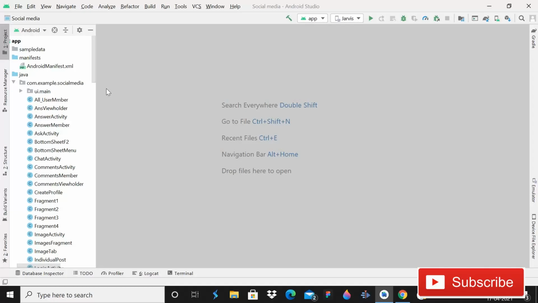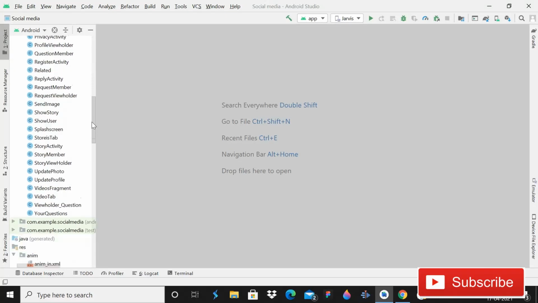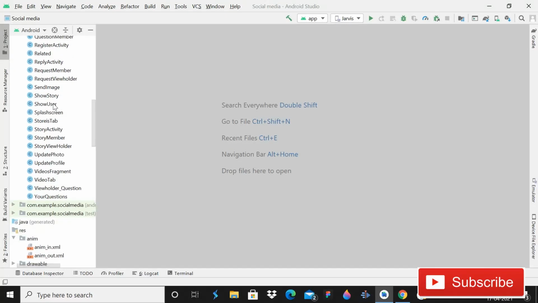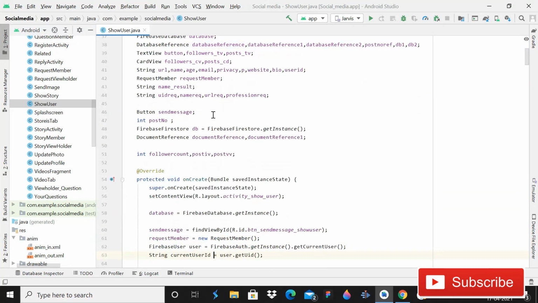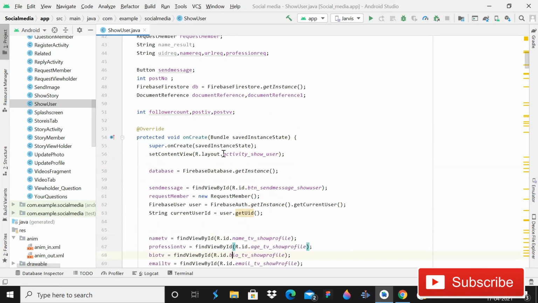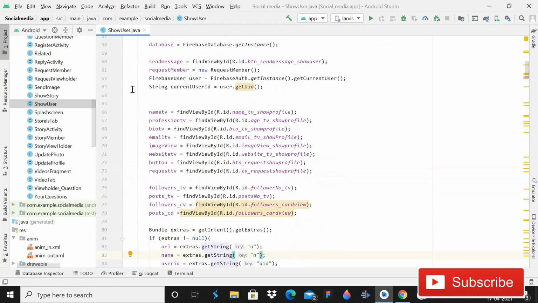Guys, first of all, you can see that this is our social media app project, and in this tutorial we are going to do a lot of stuff. So for this, we will start from this show user activity. Here you have to come first of all, understand, and now you can see that here you have to declare integer variables, that is for post iv and post vv, understand. And then after this, what you have to do here is you have to come in this